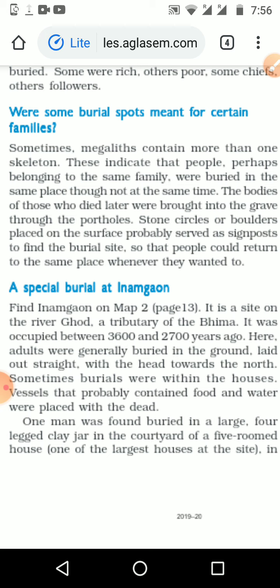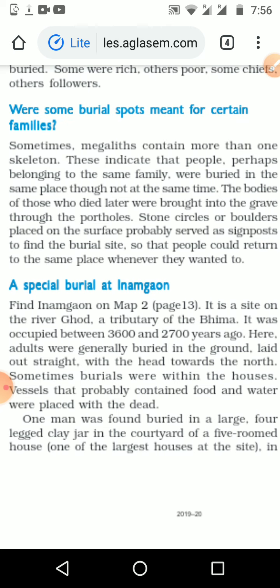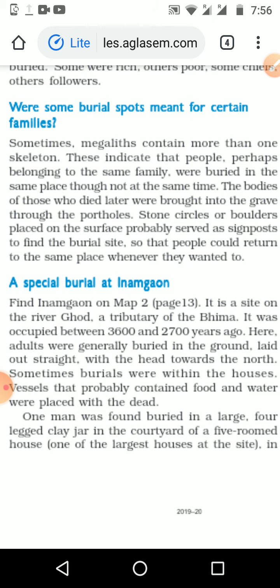And in historical time, after 1000 years or 100 years, when we open that graveyard, we may get skeletons of many persons from one area, because it was a family. The archaeologists find that it was not the same time, because the age of the skeletons varied, and the bodies of those who died later were brought into the grave through the portals. The stone circle, or the boulders placed on the surface, probably served as signs to find the burial site,